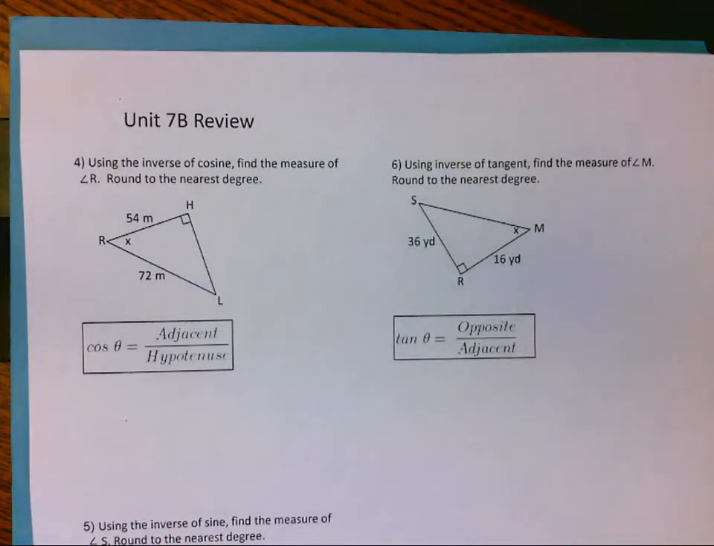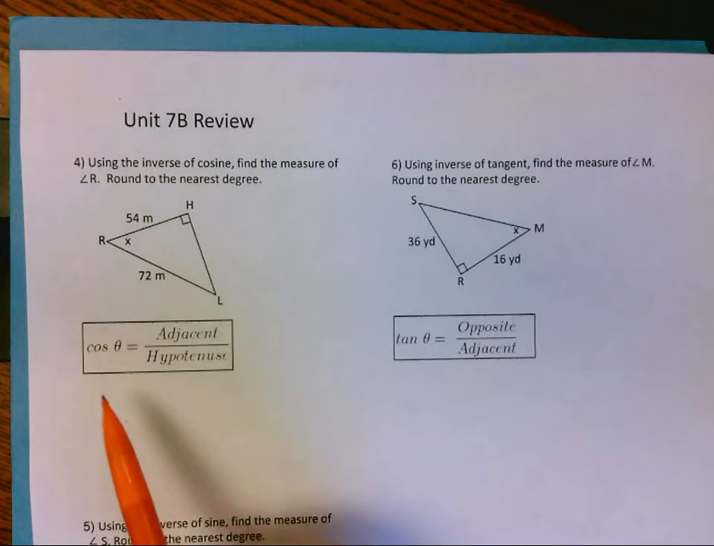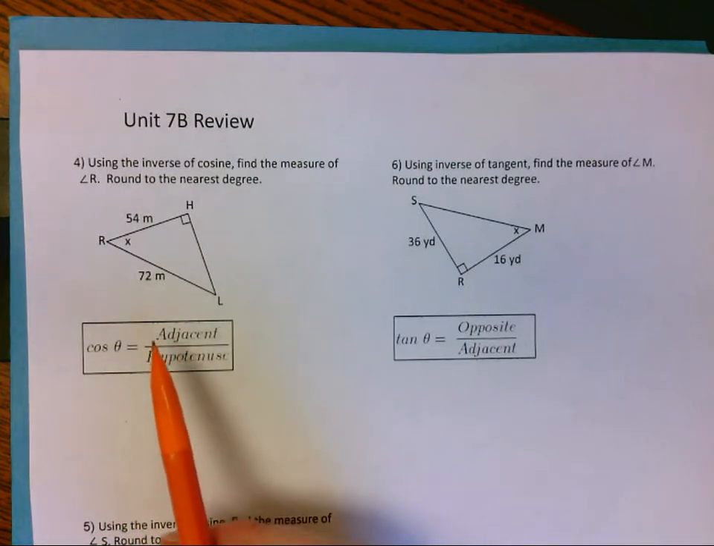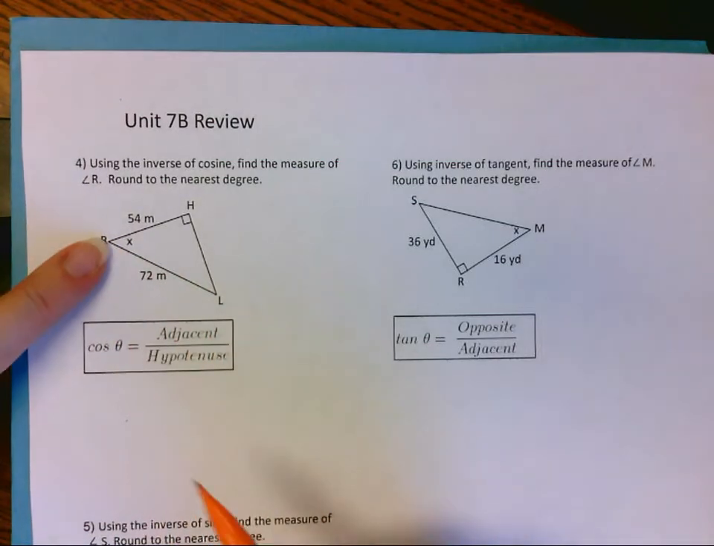Unit 7B review. Number 4. Using the inverse of cosine, find the measure of angle R. Round to the nearest degree. Cosine is the adjacent side to the hypotenuse. So angle R